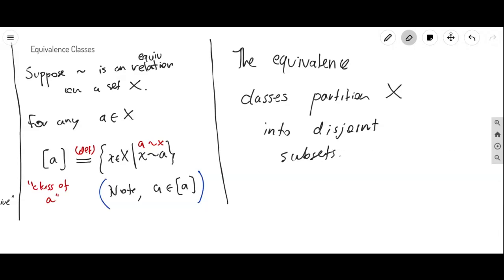I'm going to give you a very easy example. This is probably something you've seen in a number theory course. It's a fairly interesting example. It's not too trivial and it's not too hard, and it nicely illustrates the idea. So in this case, we're going to let X be the set of integers, and we're going to define